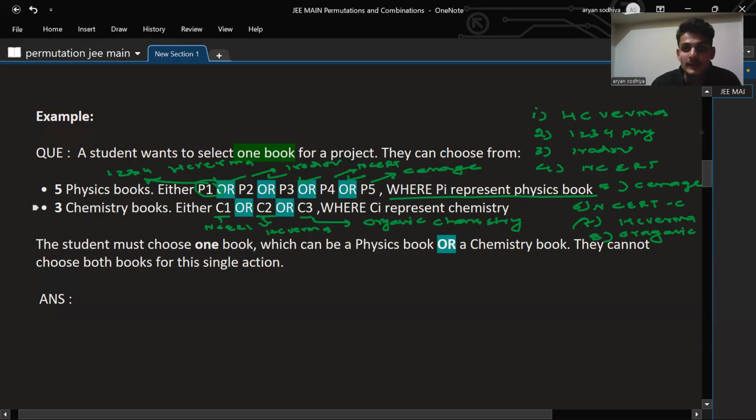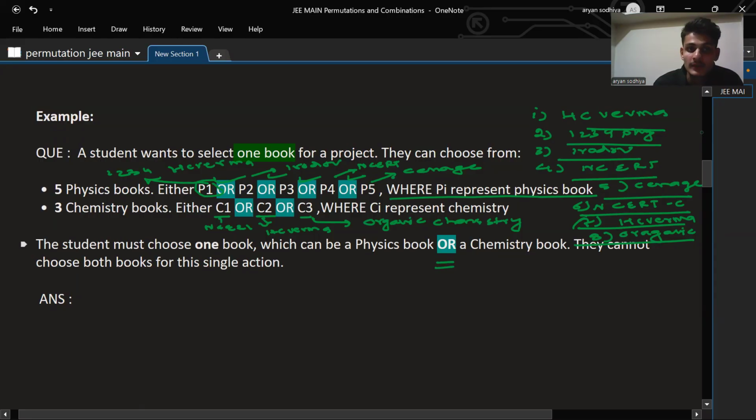Or you can select SC Verma or the other physics books or Irodov or NCERT or Singh or NCERT of chemistry or SC Verma of chemistry or organic chemistry book. You need to select only one; the "or" keyword is coming again and again. Whenever the "or" keyword prevails,